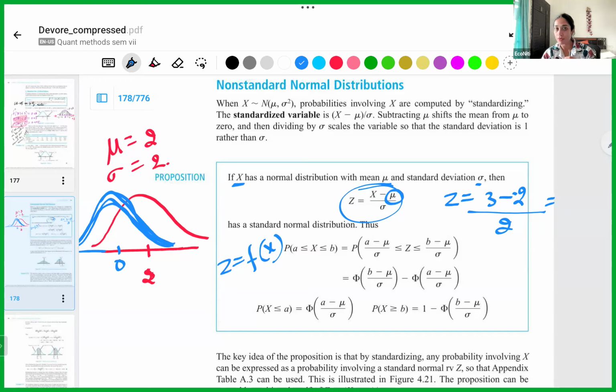And when you do this, you can prove कि ये z का exactly standard normal distribution होगा,